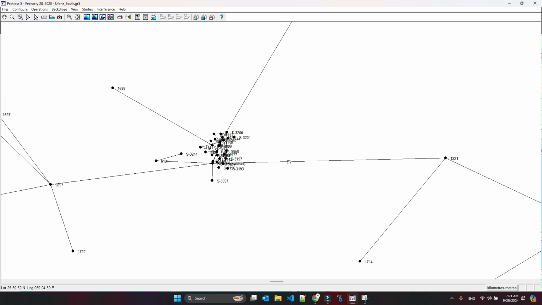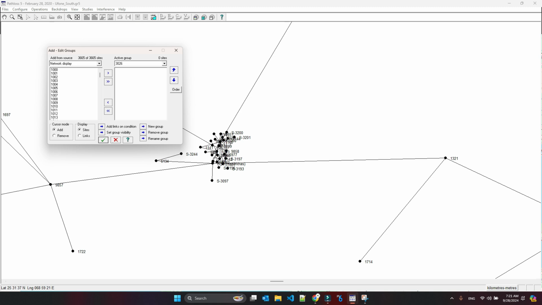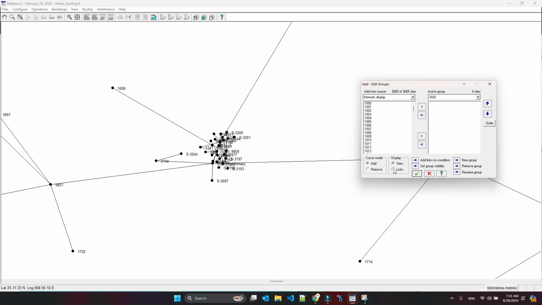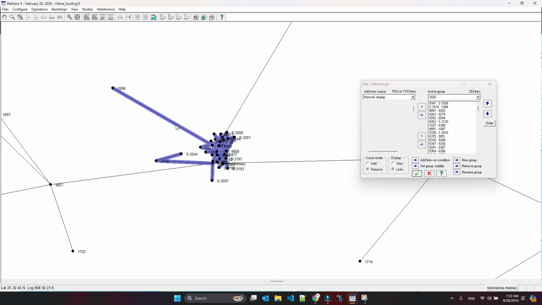I hope that this video is beneficial for you. So just to recap, you just have to go to Configure, go in Groups, Add Groups, then make a new group and then select the sites. When you are selecting the sites for a group, like I selected these sites, if for any reason you decide that you don't want one link, you can remove it. Removing has two ways: either you remove here and then you click on this link,